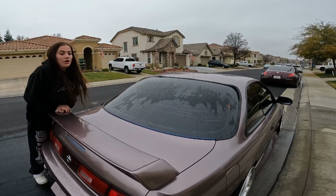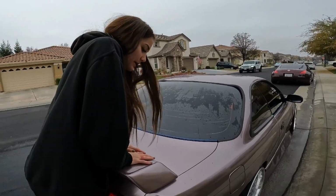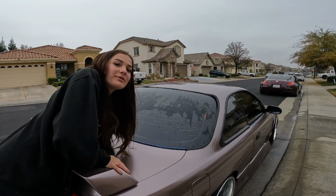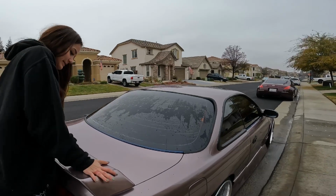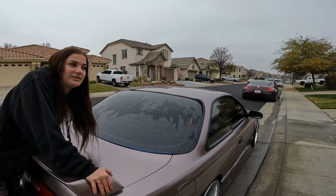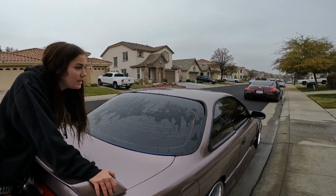But I did clean the car, and I only dried the trunk because I really wanted to put this on. So I'm really just winging it right now and hoping for the best at this point. Obviously I'm not gonna drive the car fast. You can't even go fast in this thing anyways, but I'm not gonna really drive the car like that, because